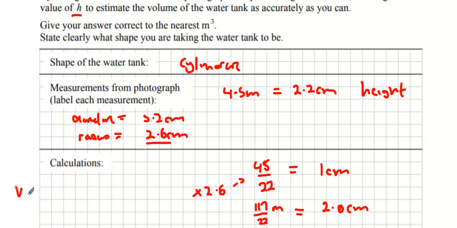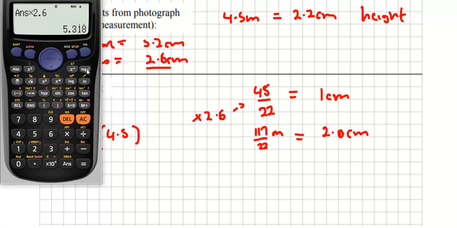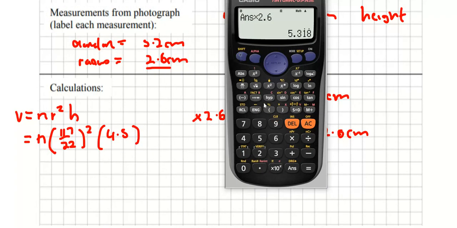Now we're going to use volume is pi r squared h, so it's going to be pi. The radius is 117 over 22 squared. The height is 4.5. I'm going to put all this in the calculator. I'm going to get a pretty accurate measurement for my formula, I hope. So pi times 117 over 22 squared times 4.5,